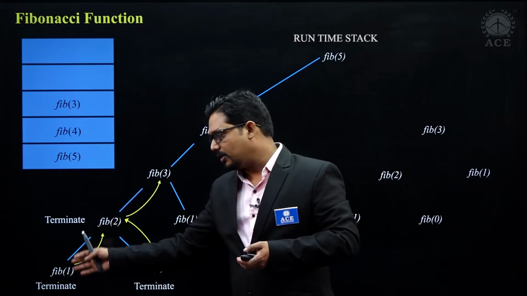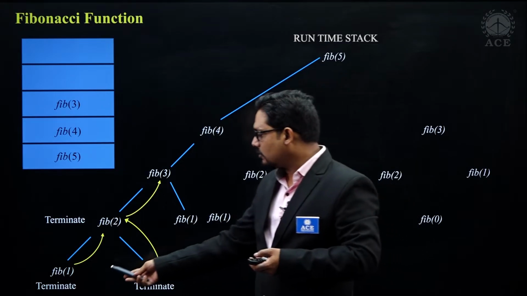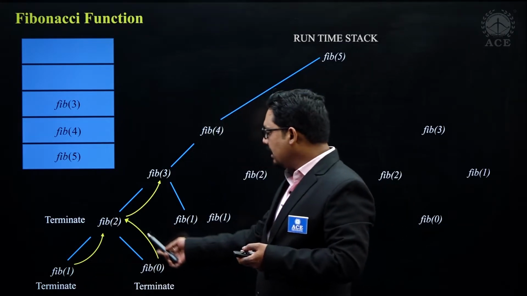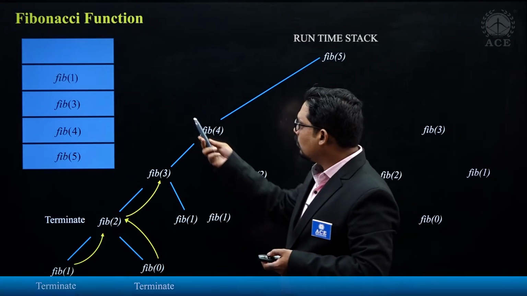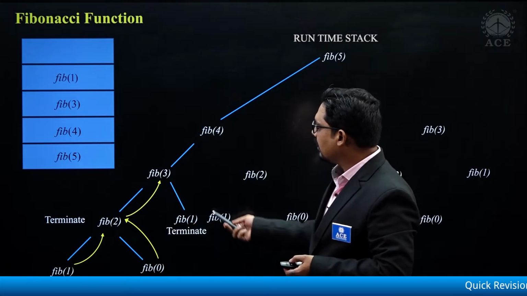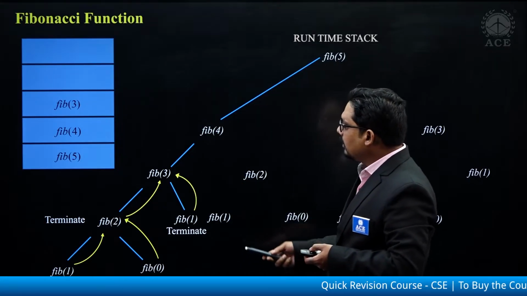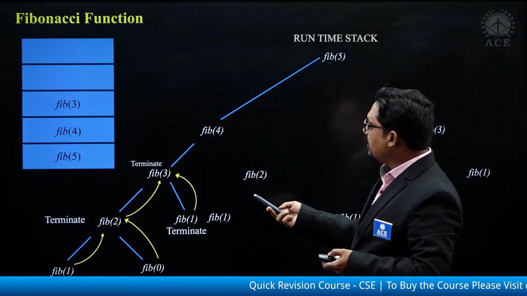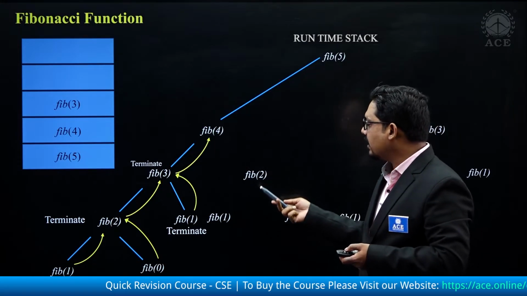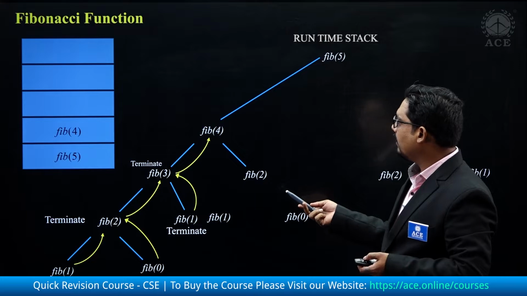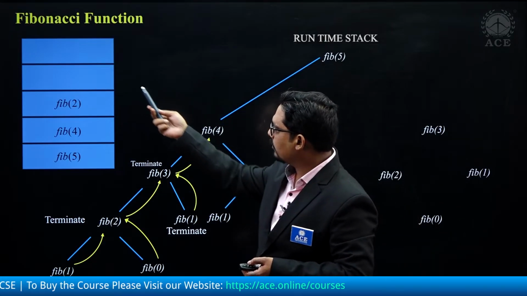It will go to the depth of the recursion, and when it starts coming out of it because of termination, then it will go for the second call. Like here fib2 terminated, then it will go for fib1. fib1 will be pushed as an activation record and finally it will terminate and come back. That will cause fib3 to terminate, and that will return the control to fib4, and now the activation of fib2 will start, and that activation record will be pushed here in this particular case.